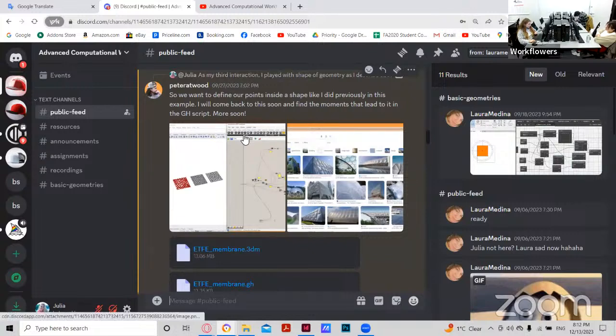So you would ask me about this, right? And I played with the shape of geometry. Here I'm actually posting the work from another student at the BAC who had suggested that they wanted to make something similar to this. And we understood that Voronoi was a way to do it. And this is how I've related to it. I actually have never used it. I think I used a version of it way back when I was doing my parametric animation master's thesis.